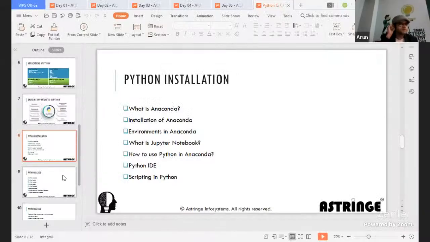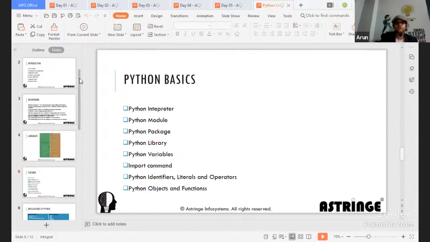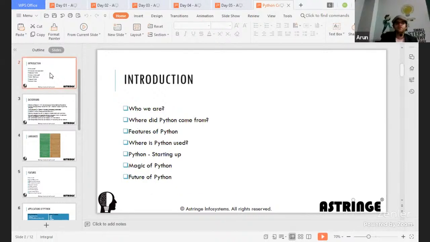Okay, till now we discussed Python. We discussed Python basics, how it will be used in everything else, right? We discussed features of Python, where it came from, the origins of Python, and also the starting of Python.